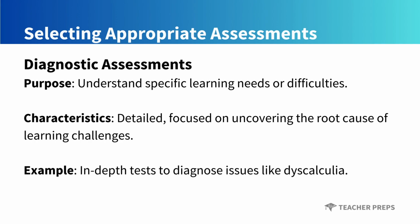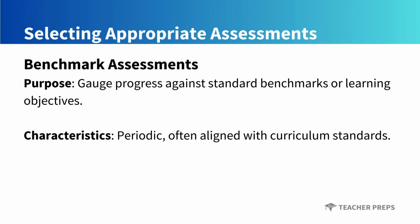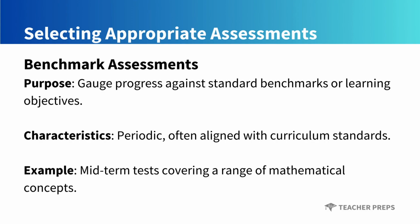So our next assessment we want to talk about is the benchmark assessment. These are used by teachers to gauge progress against a standard benchmark or a specific learning objective, or again, a standard that we need to make sure our students are demonstrating an understanding of by the end of the lesson, the unit, the semester, or the year. These benchmark assessments are given periodically, and they are often aligned with a curriculum that we're teaching. All right, and then midterm tests are an example of benchmark assessments, and they will cover a range of mathematical